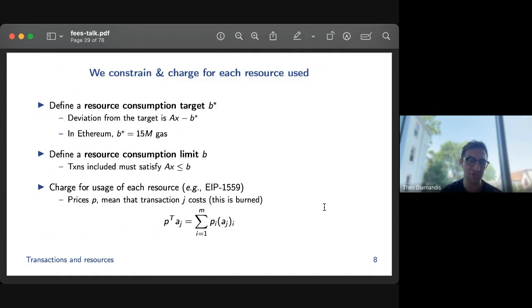It does show, to a certain extent, that depending on the demand for block space versus the amount you have available, in a certain regime a mechanism like this is exactly what you want. But in another regime, it just reduces to a first price auction where the only thing people care about is the tips, not what's burned. So then there are two questions that come out of that: is there any way to get around